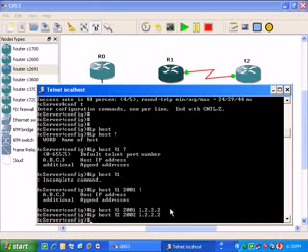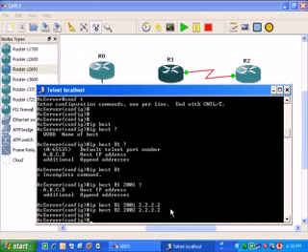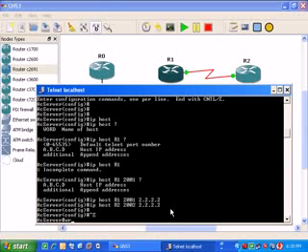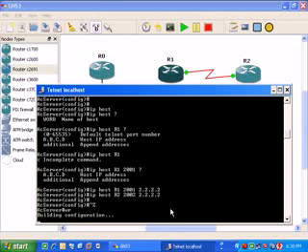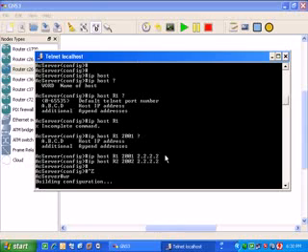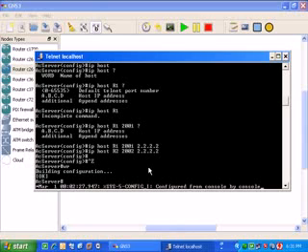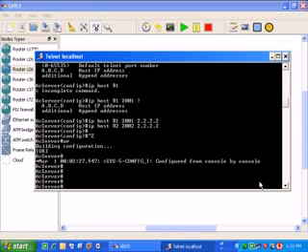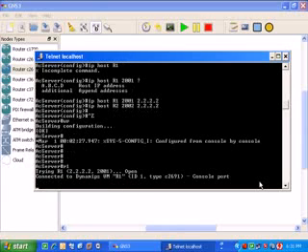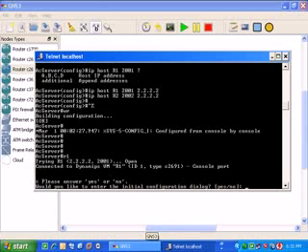Now here, Control Z. Now, if you go for R1, enter. Okay, it's connected to our router 1. Here it is. If you go for no,